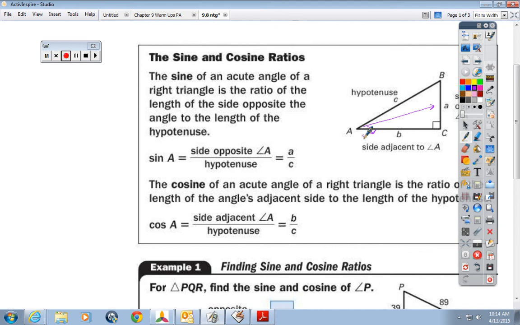Now the trick to remembering the formula, and again, I'm not going to make you memorize the formula, but the trick to remembering, and I know Coach Agnew does this too because I've seen it on the papers, is SOH CAH TOA. Okay, what that stands for, the S stands for sine, and that is the opposite